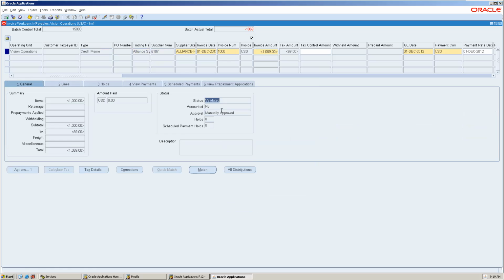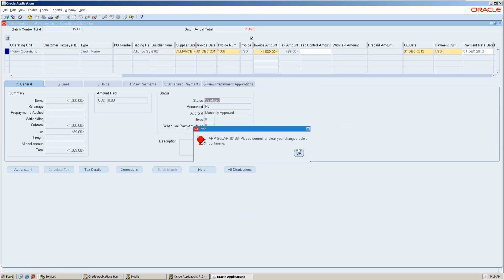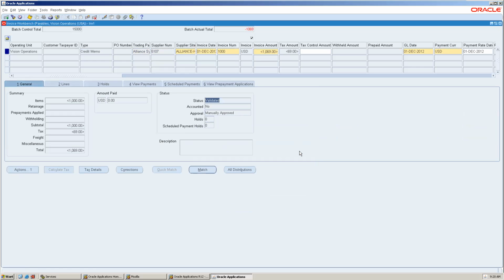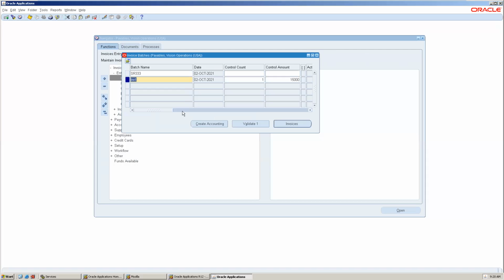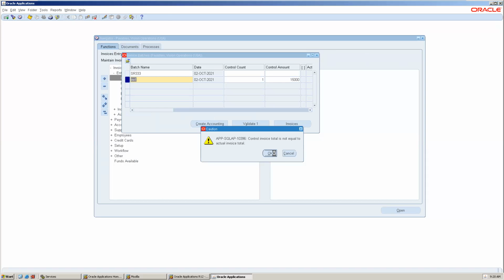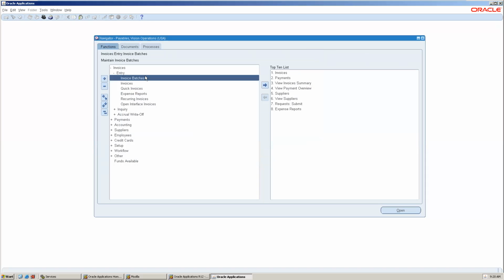So same process. Okay, nothing new. Saved. Right.